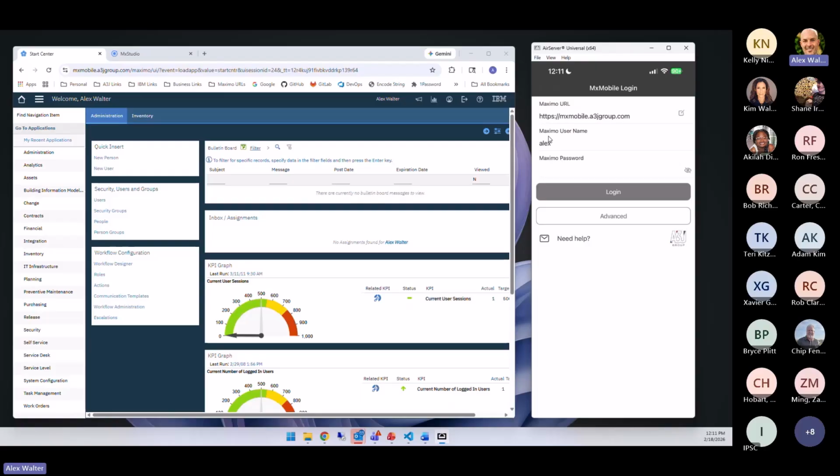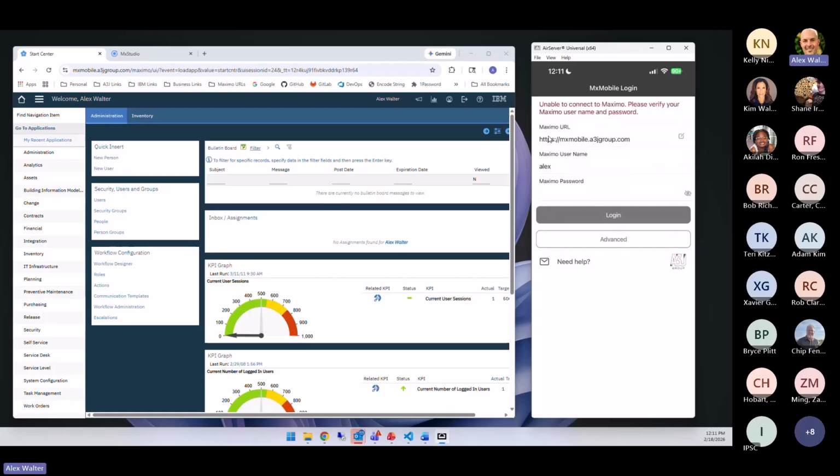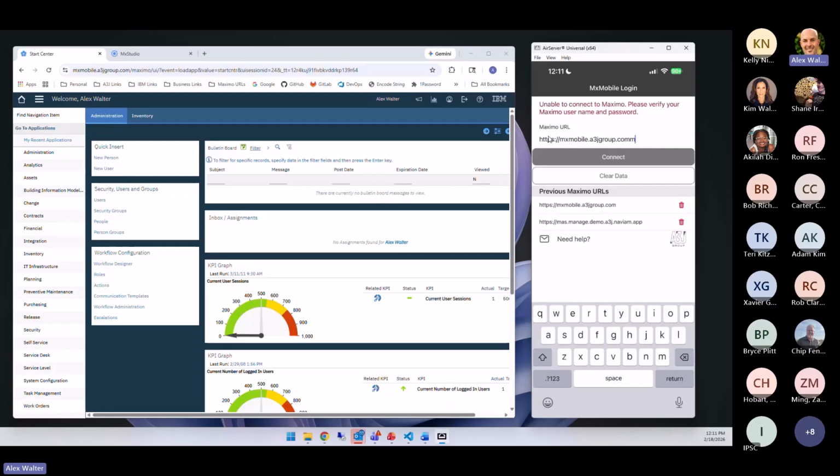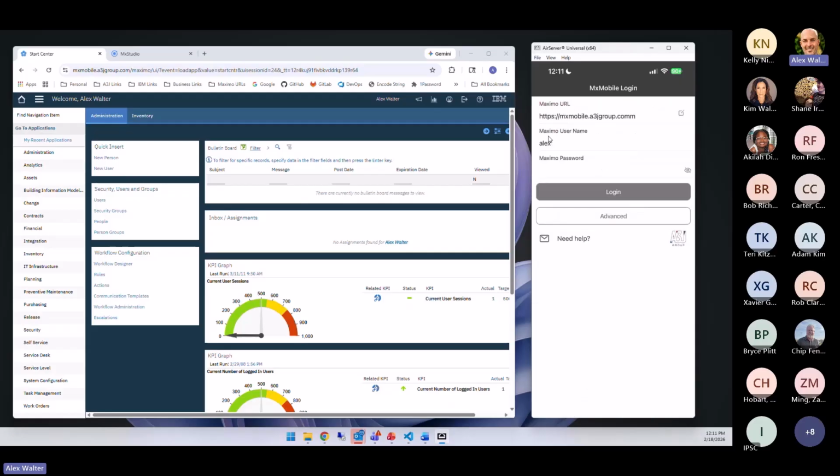For example, if I type in a bad password here and hit login, I'll get a message, please verify your username and password. I'll get a slightly different message if we can't connect to the URL. Still generic in nature, but slightly different. For example, if I made a typo here and hit connect,